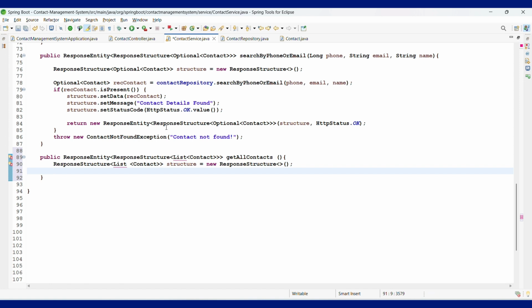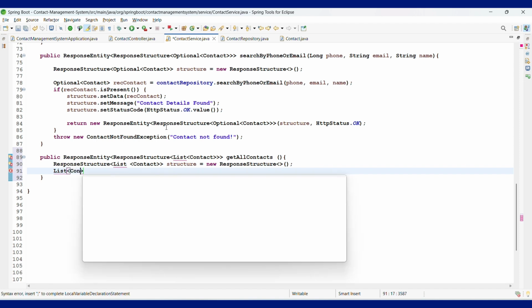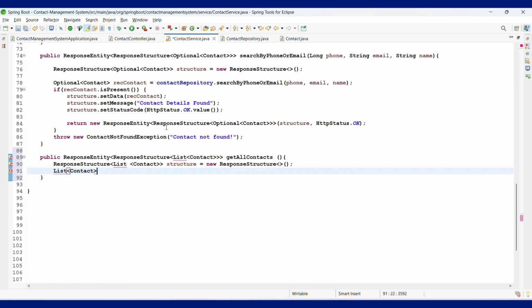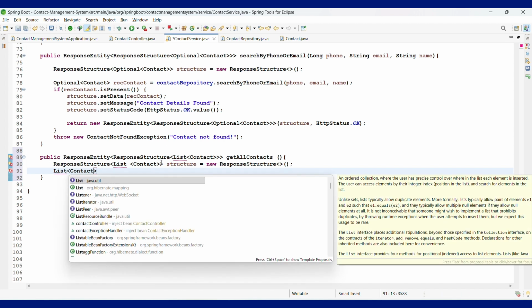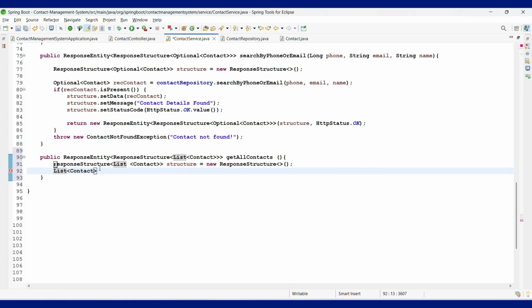Then after this, a list of Contact. Okay, I did not import this. So make sure the List is from the java.util package. So import the java.util package. As you can see here, the List of org.hibernate.mapping is also present. You don't have to import this one. You have to import the List of java.util package. Contact is equal to contact